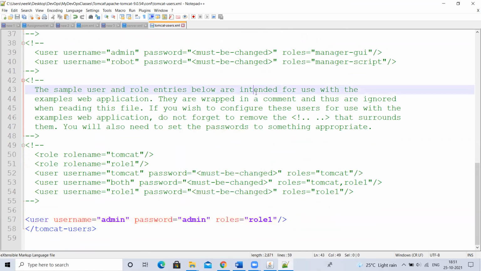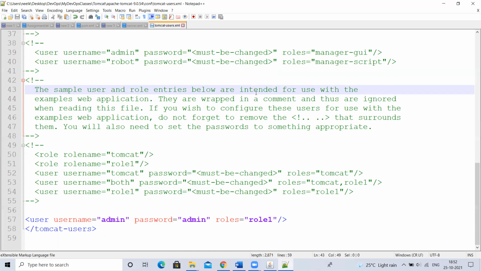Now, I think I asked a question long back, in the starting of the classes. What is meant by authentication? What is meant by authorization? Can you tell me what is meant by authentication? Authentication is logging in with a username and password. Okay, logging in, authenticate. Means if you have any tool, if you log into that using a username and password, that is called authentication. Okay, done.